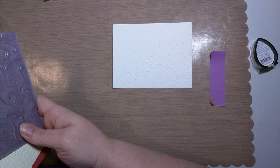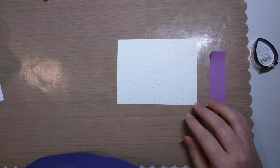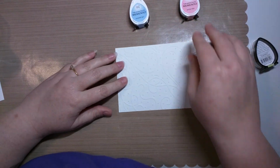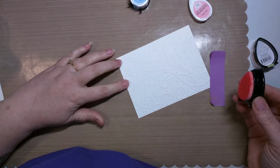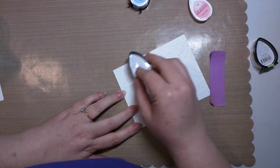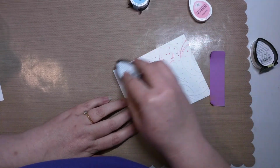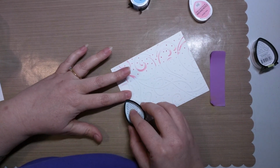Just trying to see, I thought I had another, whatever. Okay, so we have the pink and the blue still out. Let's just kind of do our dragging technique. But instead of combining them, let's do this. Let's do...